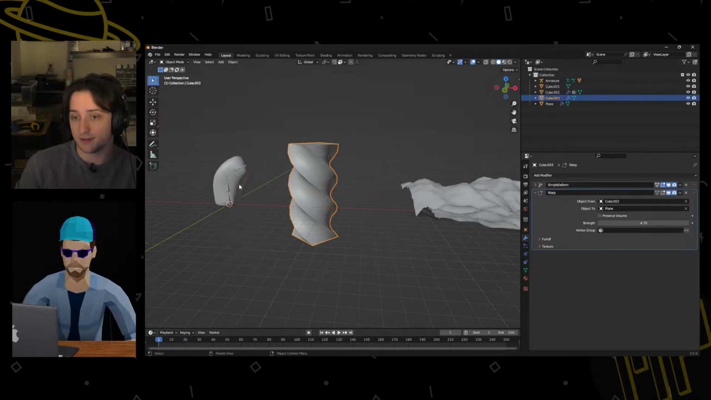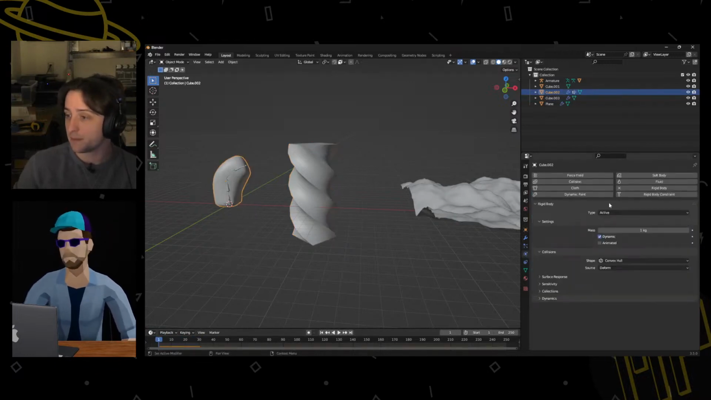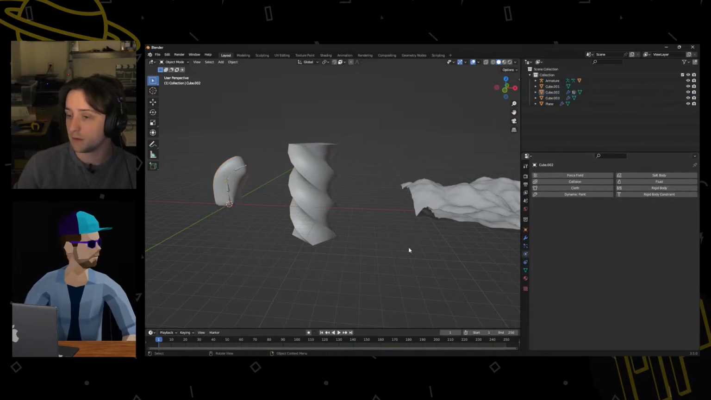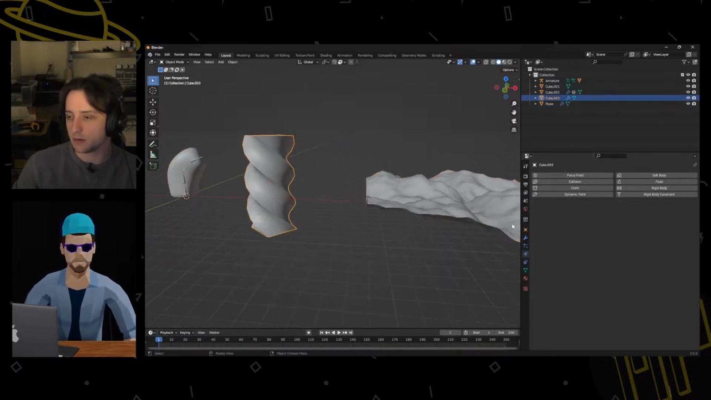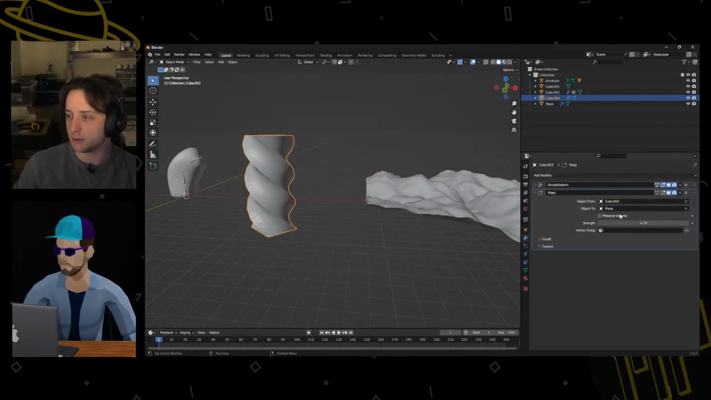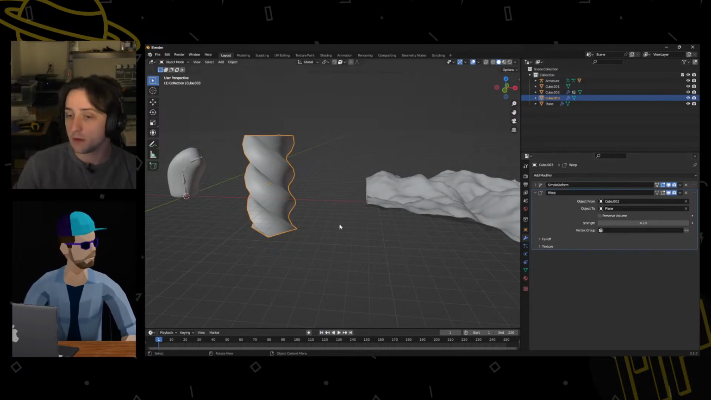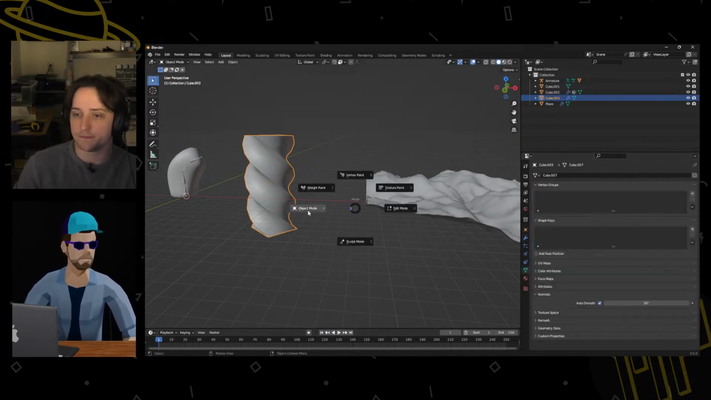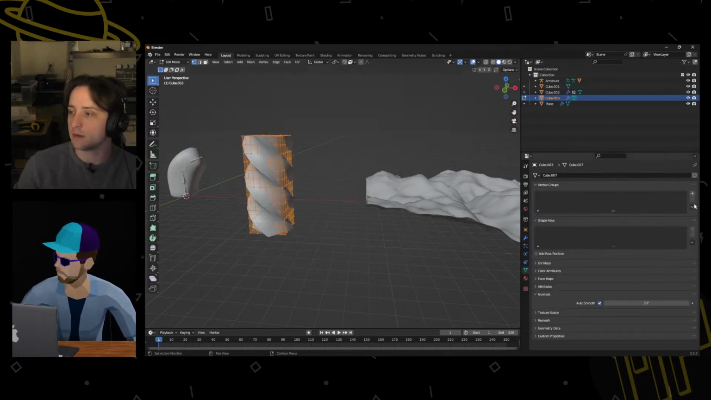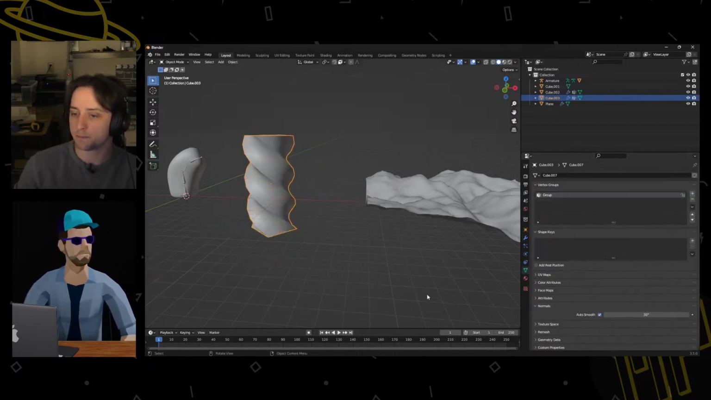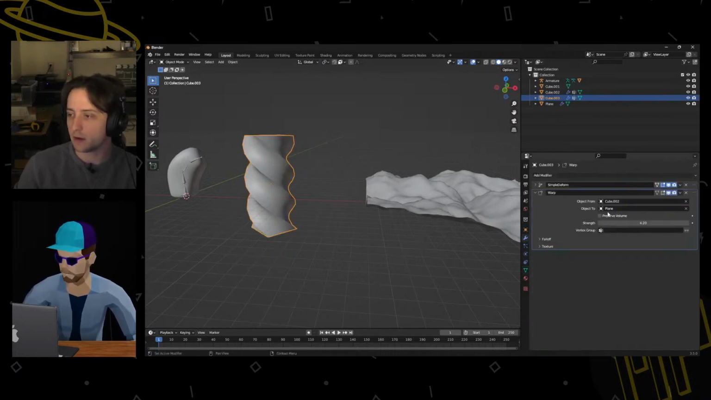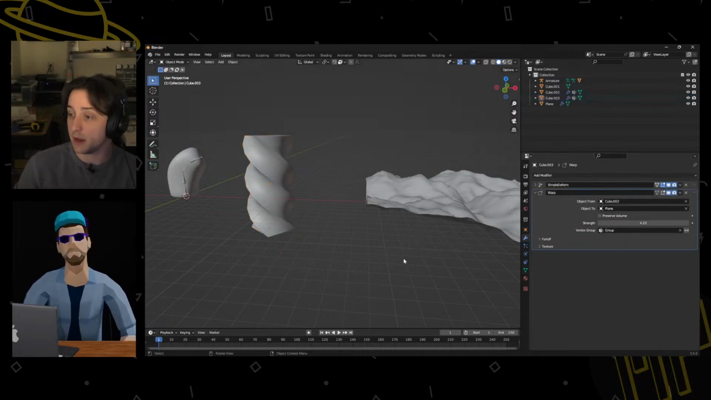Oh, the sphere is still a rigid body. Turn that off for a second. I'm not actually sure. I must be missing something with this one. I don't typically use this either. Strength didn't seem to do anything. Texture falloff. Oh, look at that. We probably need a vertex group. When in doubt, add a vertex group. Assign. Go back to modifier, select our group, and then